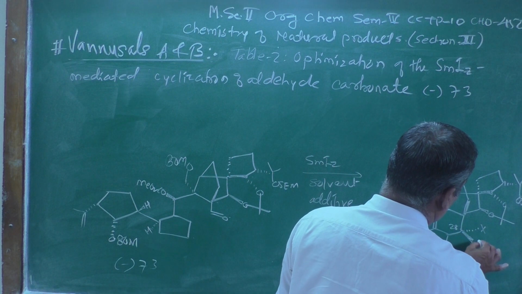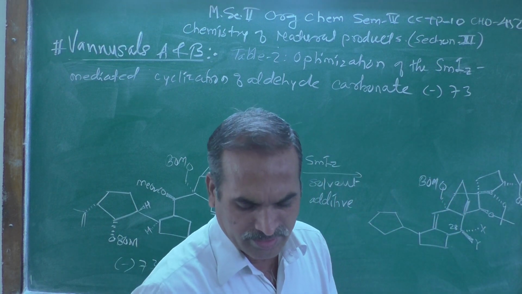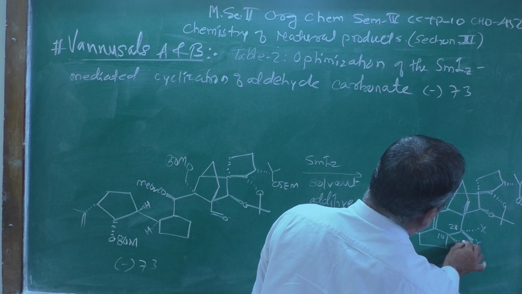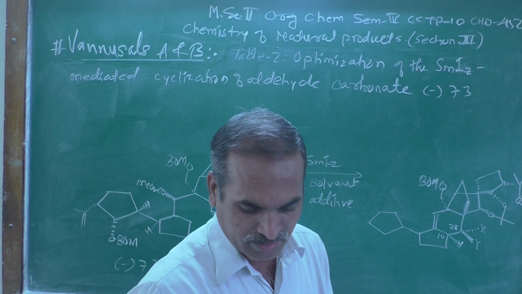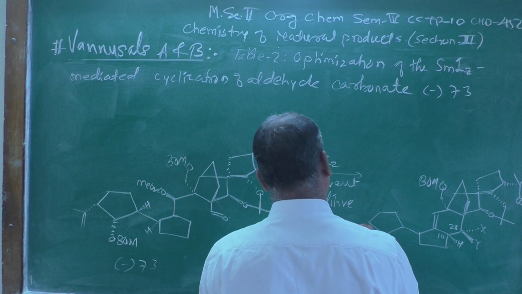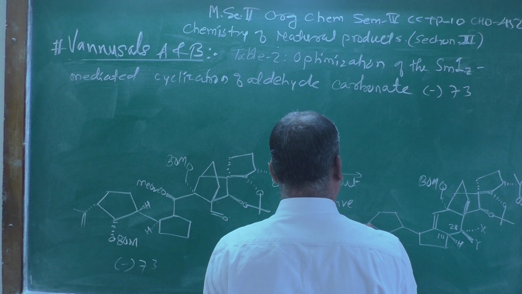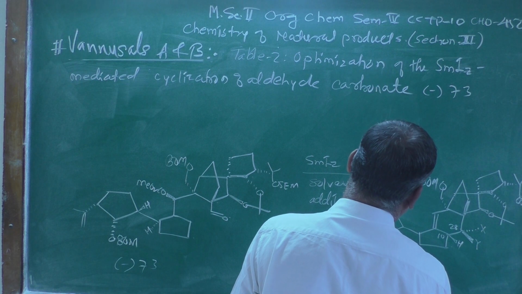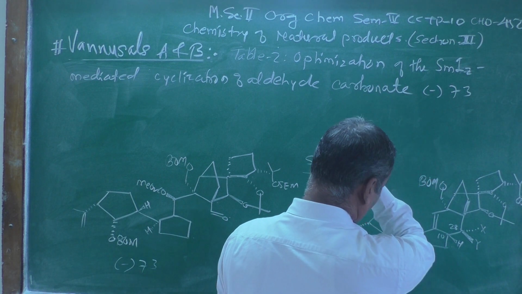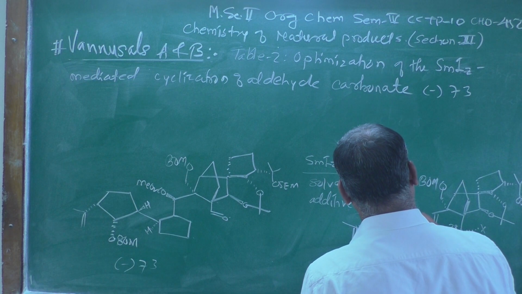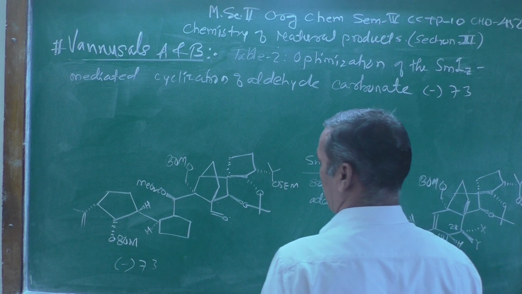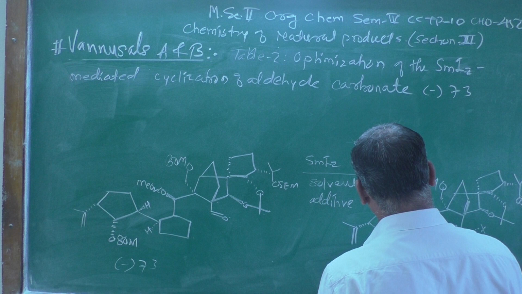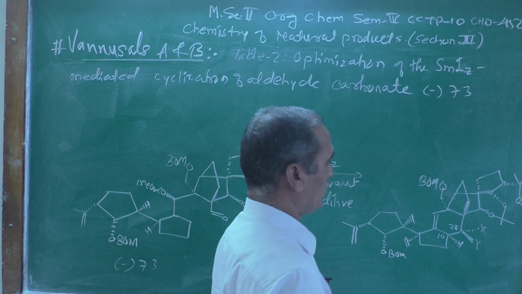This will be X and this will be Y, and this is carbon atom number 10 and the hydrogen atom which is coming above the plane. Now the A ring has the isopropene group as it is, then there will be a BOM-protected hydroxyl group, which I have shown as it is, and here is a hydrogen atom that is above the plane, and at this corner point the hydrogen atom is below the plane.